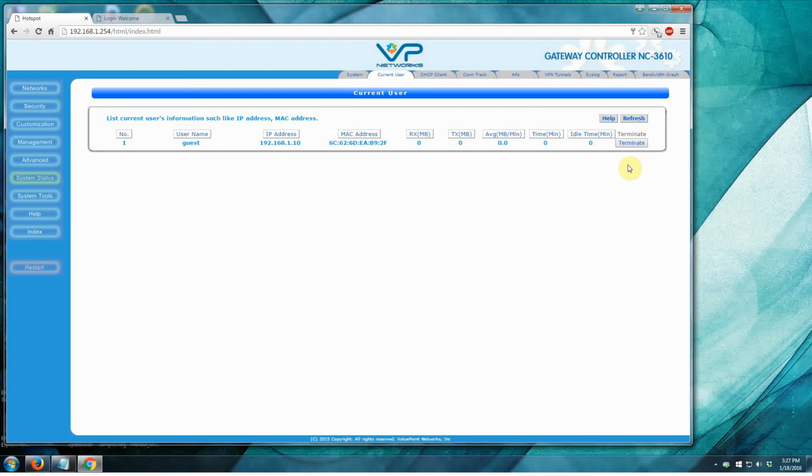In this table, you'll see any named users, so anyone who logs in using a named account. Also, if you're using the PMS system, you'll see names and room numbers here. If you're using Radius, you'll see whatever the Radius name was. And even if you're using automatic authentication, you'll see an entry here that just says NA, but you'll still be able to see the IP address and the MAC address,